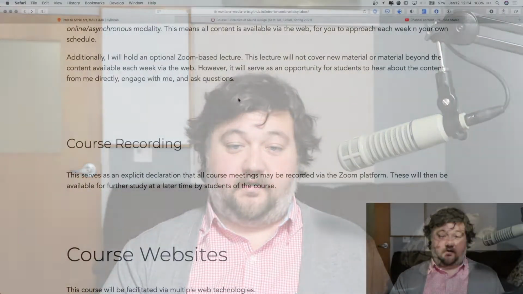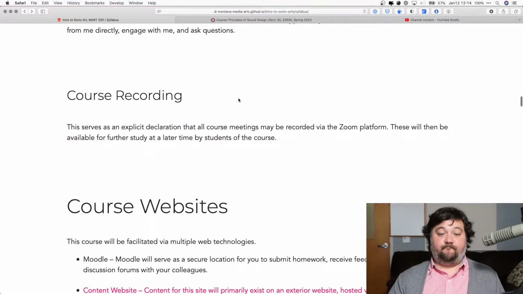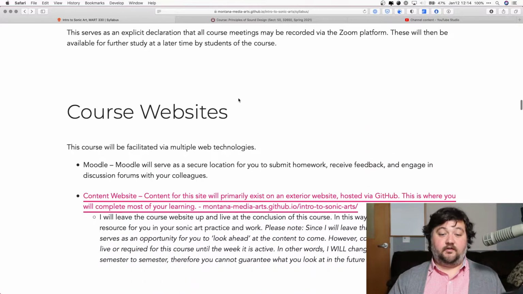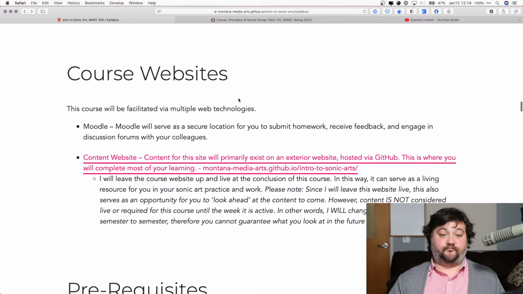There is a declaration here that I want an explicit declaration that for the optional Zoom sessions, I will record those so that students who can't be at them can still get that extra time and kind of more of a standard class format if they so desire. Those recordings I will post to Moodle, so they will be behind the Moodle firewall and will not be posted publicly in order to protect all of your identities from the larger general world, if that's a concern for you.